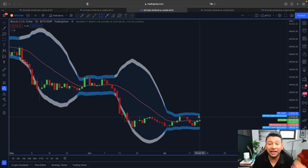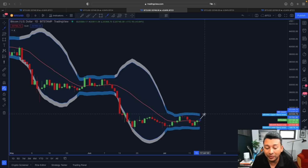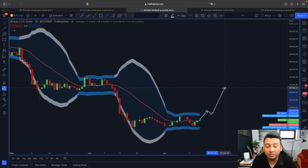So now we are getting one more chance to show this bullishness, but for this bullishness to play out, what we want the price of Bitcoin to do, we have to break out of this upper band area, because breaking above this upper band area could trigger some continuation pattern here in this manner and price also turning very, very